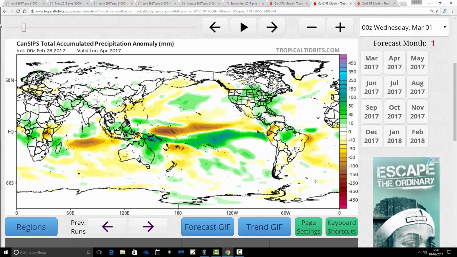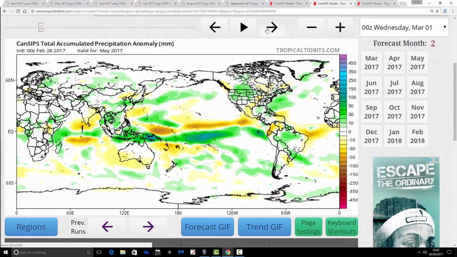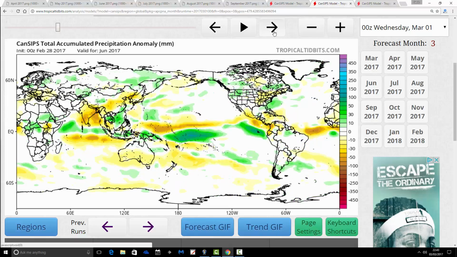Let's have a look at precipitation then, and this is probably not going to be quite as straightforward. But for April, coming back to April again, precipitation is coming out around average really, so it's not a great deviation at all. I would have been more hopeful for a drier than average month in April, but actually it's coming out around average. In fact, it's coming out a little bit wetter than average. May also coming out around average, possibly a little bit on the drier side in May, but again not particularly deviating either way. Very close to average precipitation through both April and May.